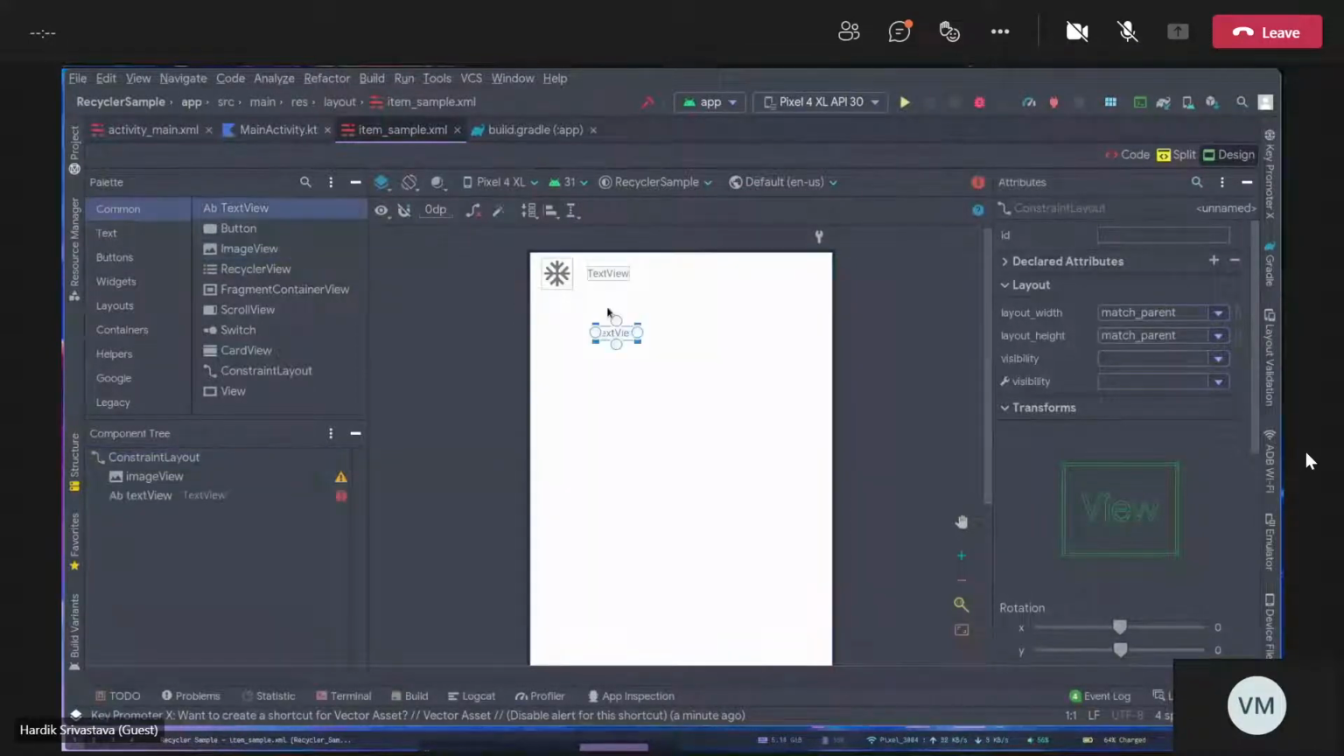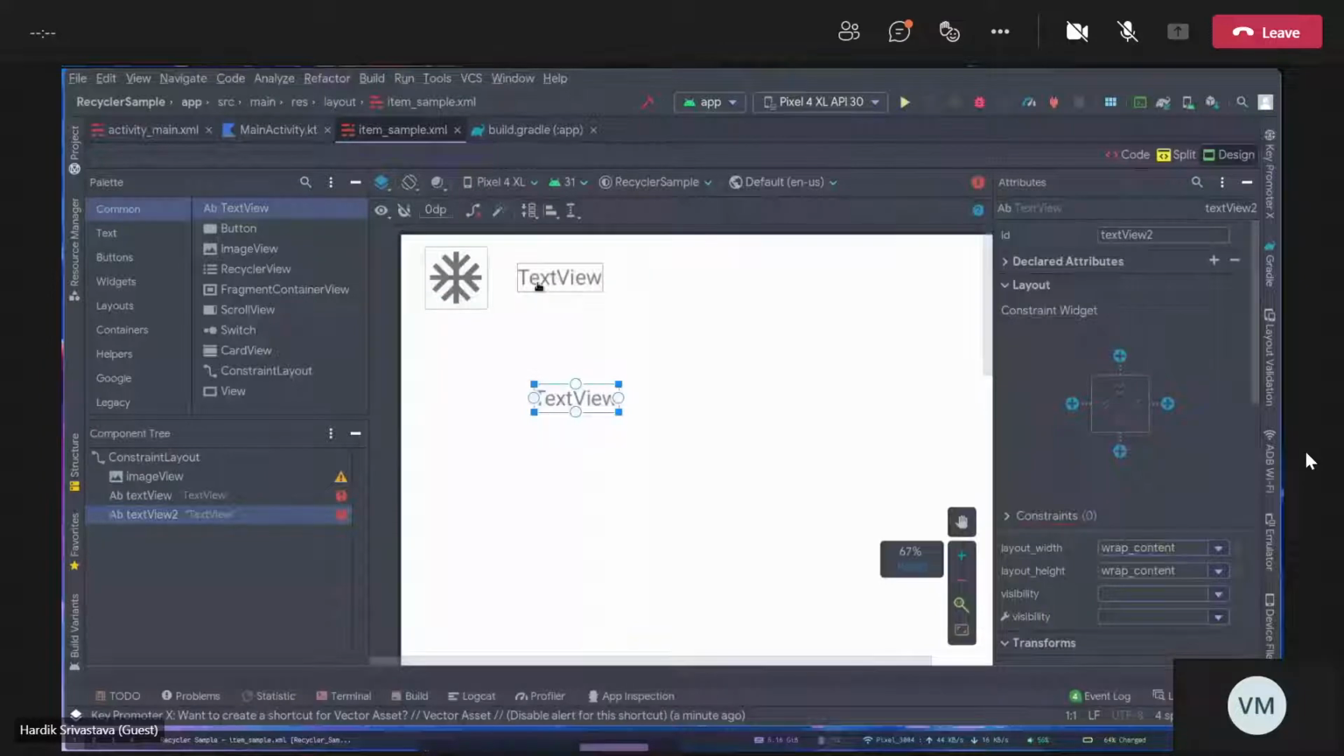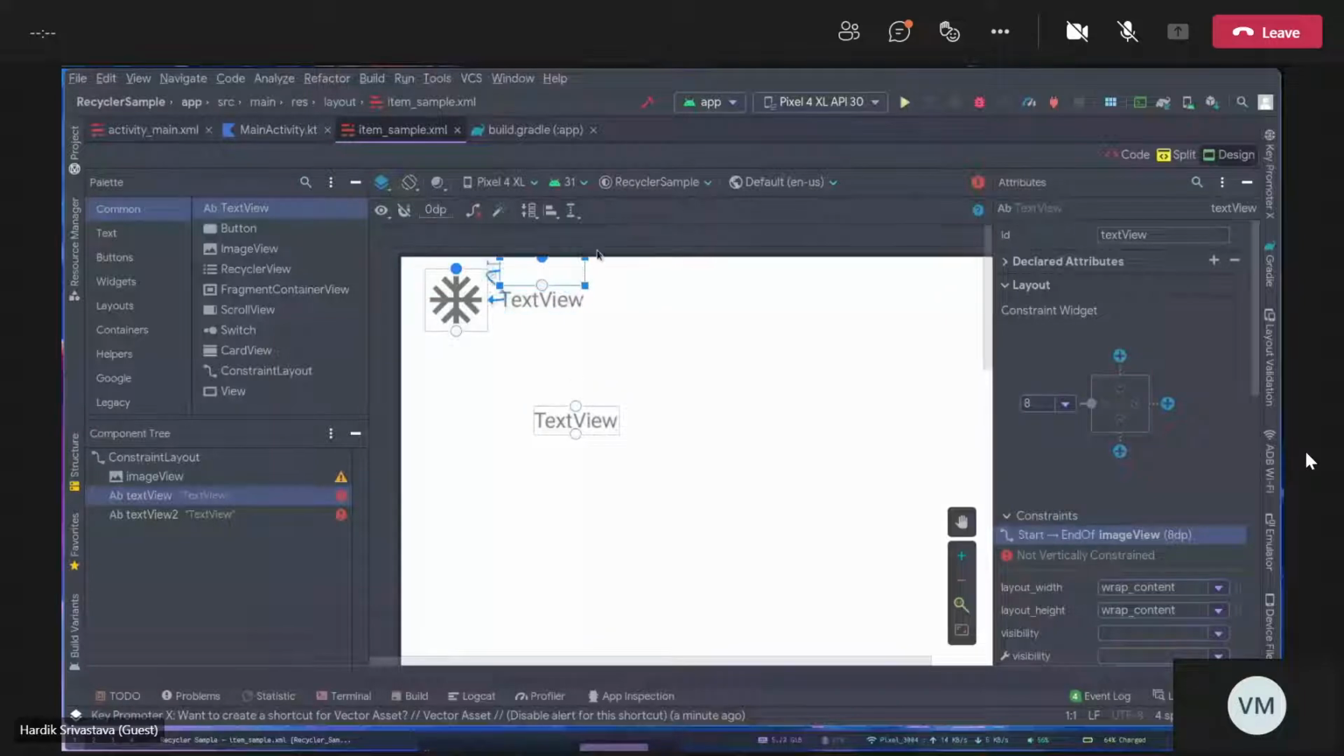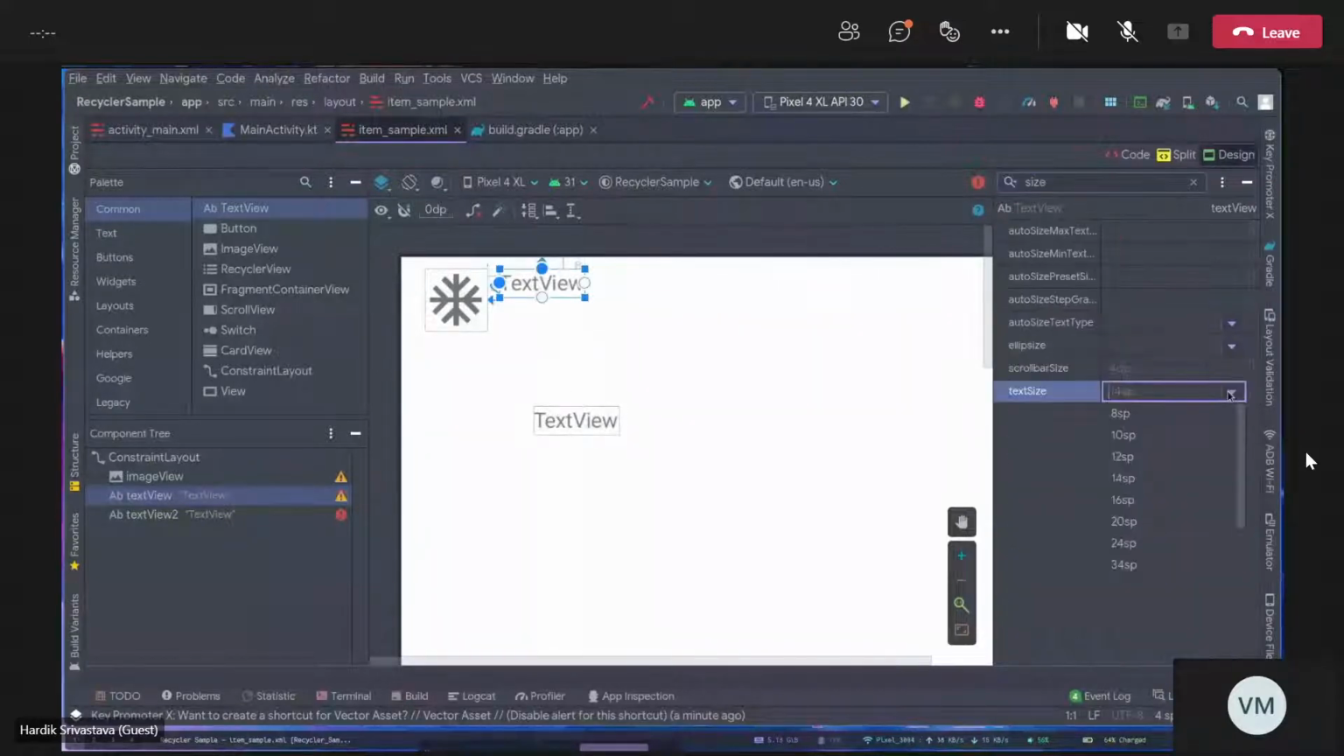So on the first text view, I'll place this to be on the right side of my image view. I'll give it about 8 dp of padding. I'll also constrain it to the top, and I'll give it about 8 dp of padding again. Let's also increase its text size so it is a bit differentiated. I choose 20 sp, and I'll